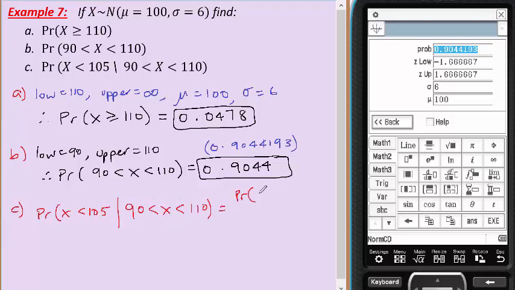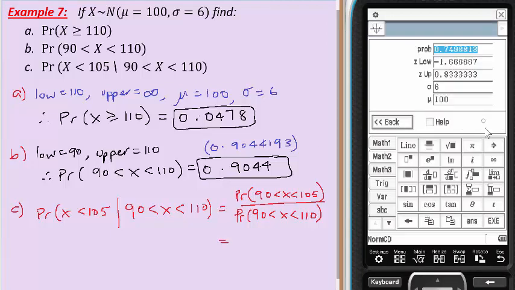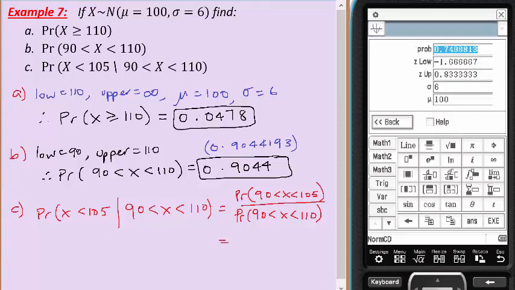So it'll be the probability that x is between 90 and 105 over the probability that x is between 90 and 110. So if I now go back and I say, well, let's go from between 90 to 105, I can find that that equals 0.74988813